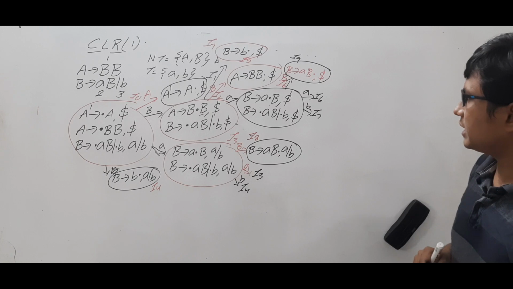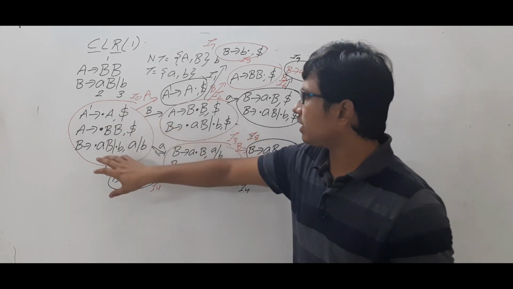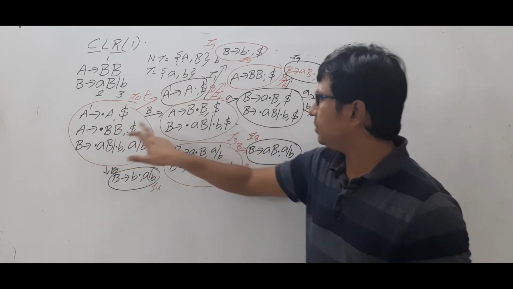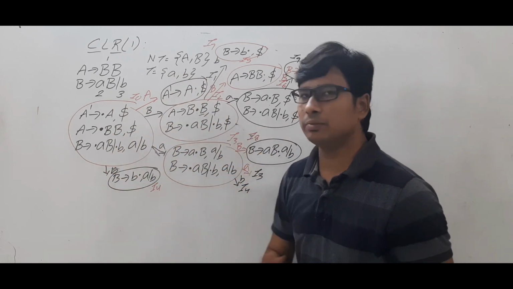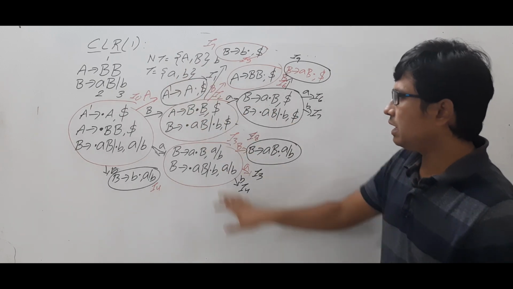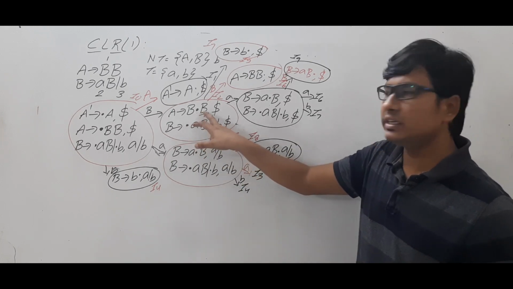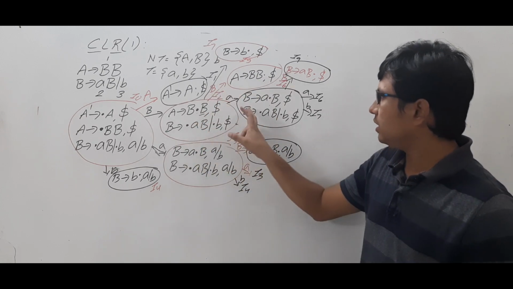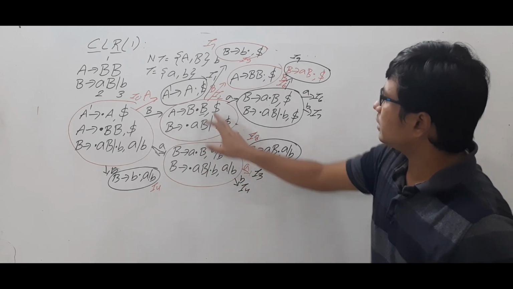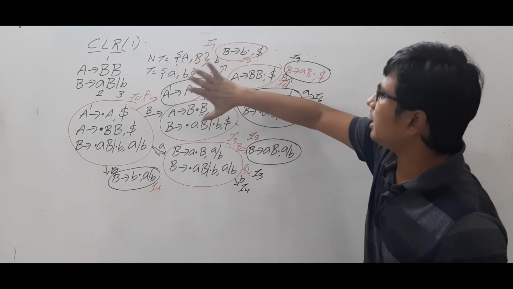Okay. So now look at it, whether everything is completed or not. So we need to cross check it again. I0 I have started. From I0 I need to compute the go to on capital A. I got it. On B I got it. On small a done. On small b done. Okay. I1 I no need to compute the go to because it is a reduced move. I2 what symbols I need to compute the go to? After dot B is there, I need to compute the go to. On A I got this one. On small b where I have done? Yeah, I have done small b here. So I2 on B, A and B I got it.